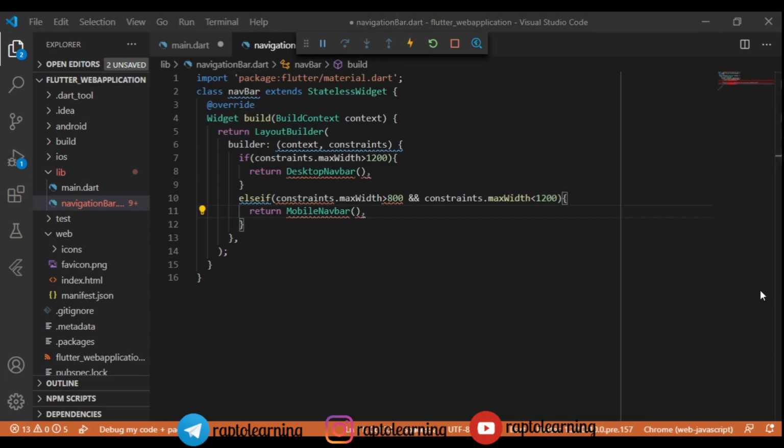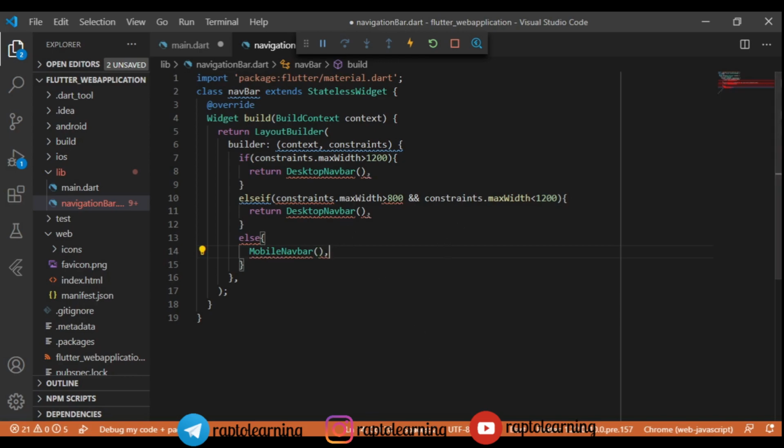So mobile navbar maybe for less than 800 height, right? So this is probably not. So we will just cut out this because we need a desktop navbar here. As you can see, more than 800 pixels and less than 1200, desktop navbar is very much convenient for them to use. So we'll return that only, and if these two possibilities are not possible, then we will give an else statement and we will return a mobile navbar.